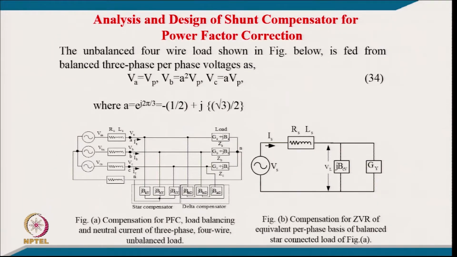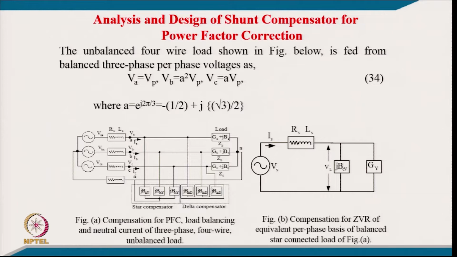Well, to compensate this unbalanced, non-unity power factor load of a 3-phase 4-wire system, we have to have two sets of compensators. One set is connected in star, which you see with the star connection notation, and the other set of compensator is delta connected across the 3 terminals of the point of common coupling, written with a different notation. So, this network with these 6 elements of compensator